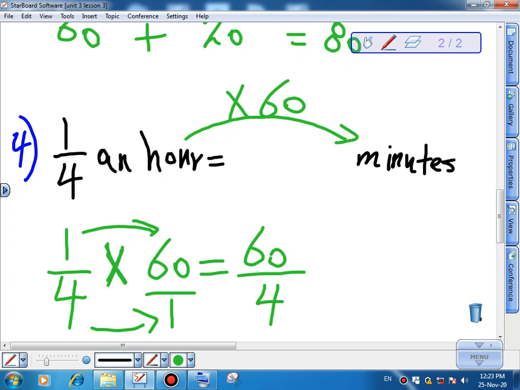Again, 1/4 of an hour means 1/4 multiplying by 60. So 1 times 60 equal to 60, and 4 times 1 equal to 4. It will be 60 divided by 4. 60 divided by 4 equal to